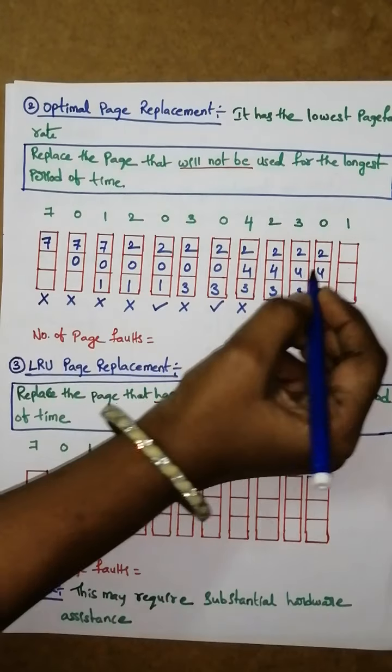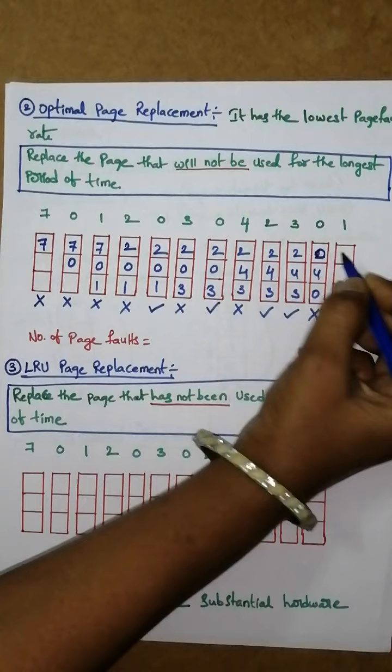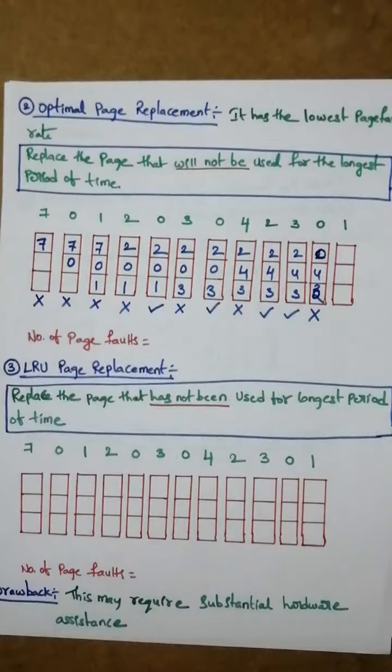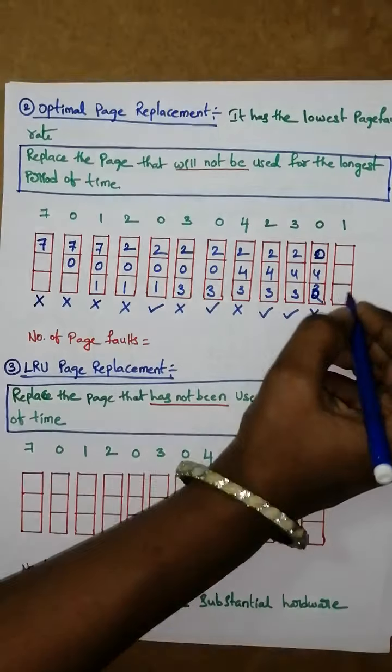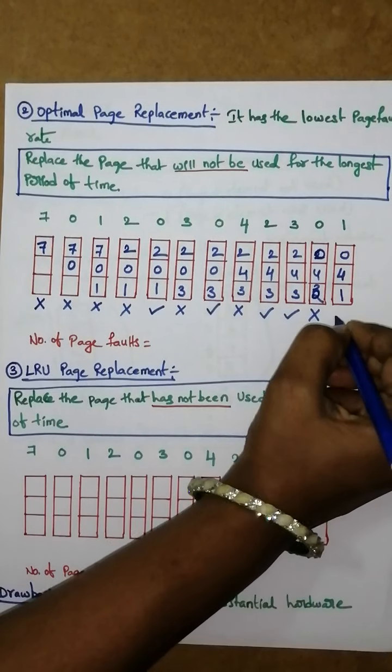Okay, sorry, in the previous step 2 came first, so in place of 2 you will place 0 and it will be 0, 4, 3. So this is the first next step. And then we have to place 1. So 2 is over, the next one to come is 3. So in place of 3 I'll place 1, so it is 0 4 3. So this is a page fault.